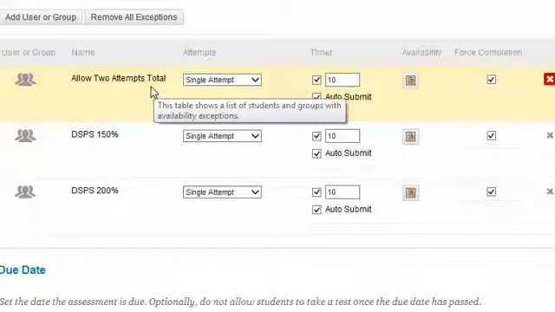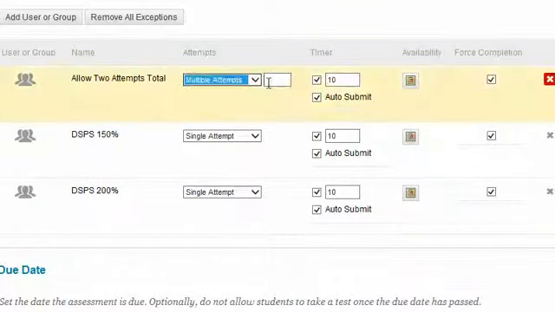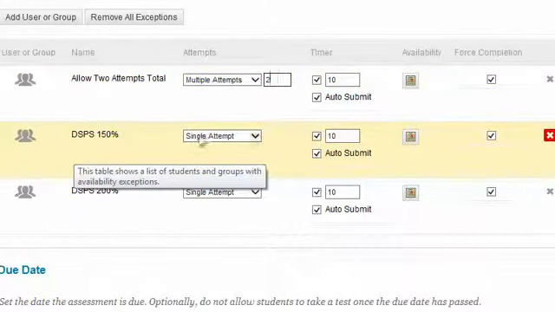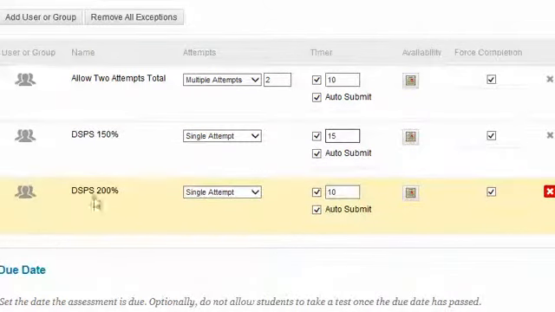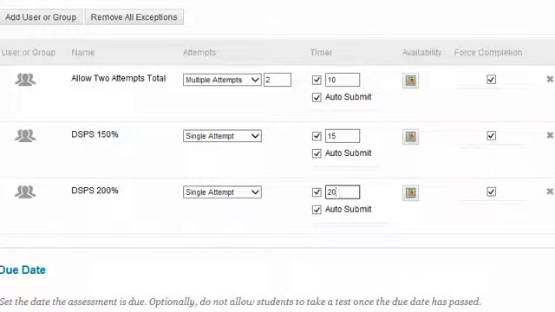For allow 2 attempts total, well, that's the name of my group. That doesn't tell Blackboard what I want it to do. So I'm going to tell Blackboard it means multiple attempts, 2 attempts. For my DSPS 150%, I'm going to keep it at single attempt. And for time, I'm going to change it to 15 for 15 minutes. For the DSPS 200%, I'm going to change the time from 10 to instead be 20 so that they'll have time and a half. If I ever want to remove these groups, I can always remove them by clicking on